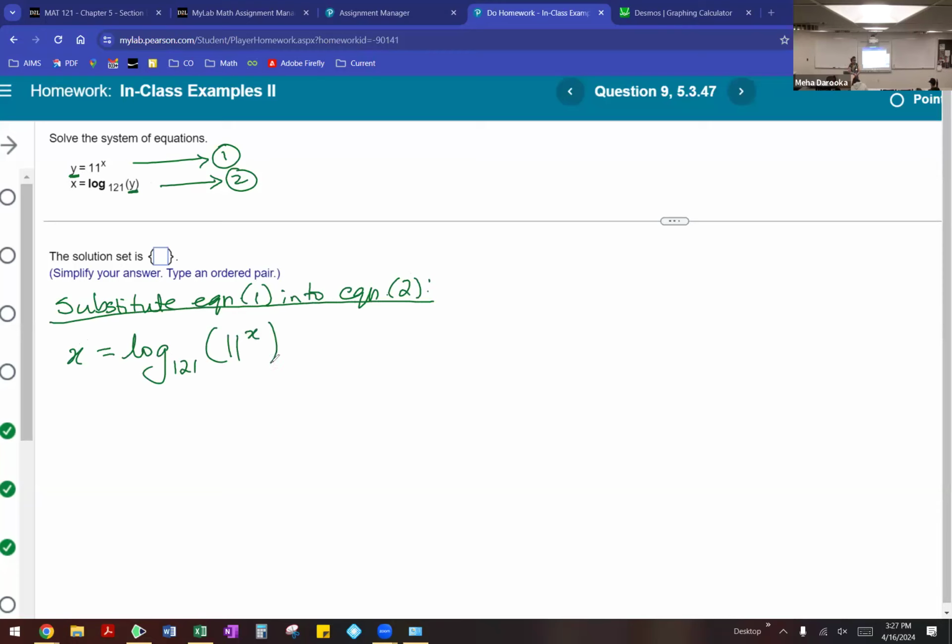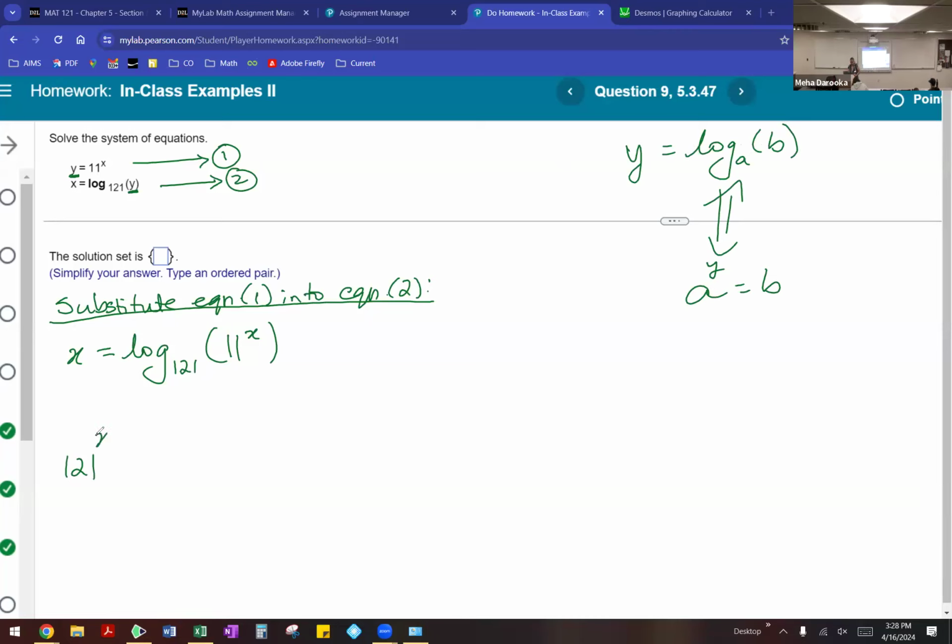And the reason why I'm doing this is so that I can use this idea of exponential format, which then becomes a to the power of y plus b. So in our case, that would be base 121